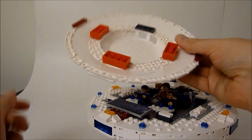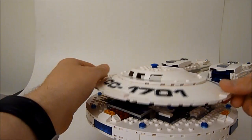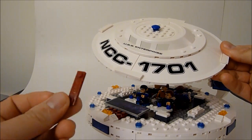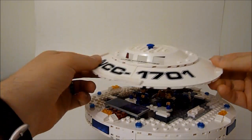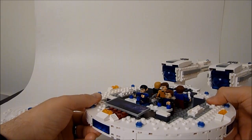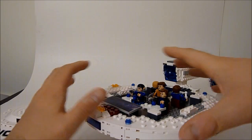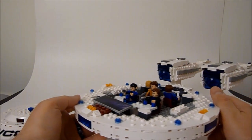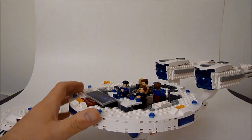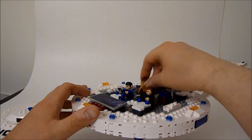But this top of the saucer doesn't clip on securely. You'll put on 2 sides, and then this side will pop off and this side will pop off, and then it'll eventually just take these with it. So it just got to a point where this was not staying on at all. And again, I believe it's probably just the quality of the bricks themselves, not quite perfectly engineered, I should say, to hold together in just a certain way. But anyway, so we'll do the crayons here, and we'll start with the old Captain